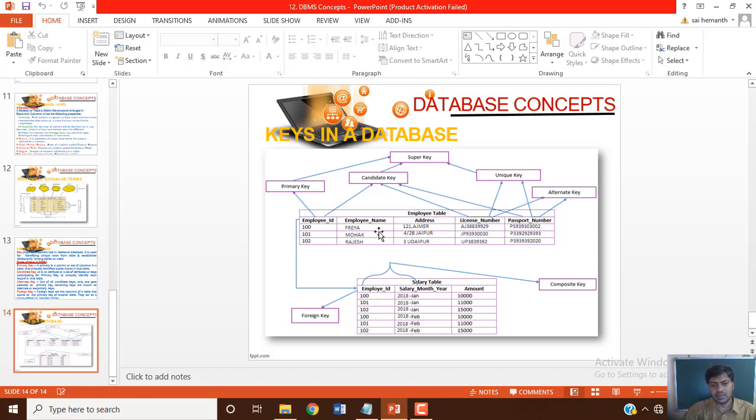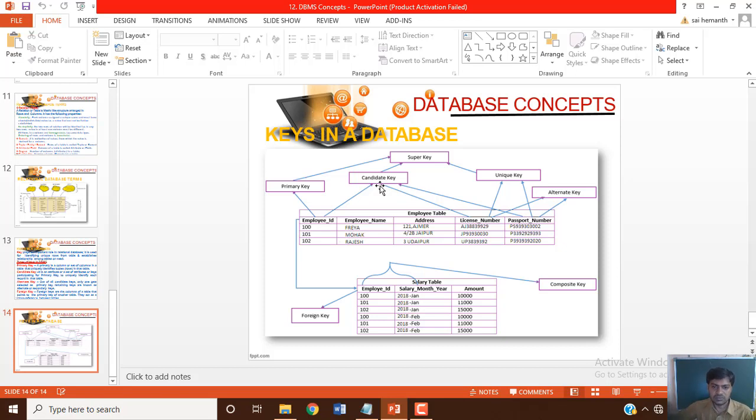In the same manner, license number is also a candidate key with unique values, and passport number also has unique values. That's why in this employee table, employee ID, license number and passport number, these three are called candidate keys.